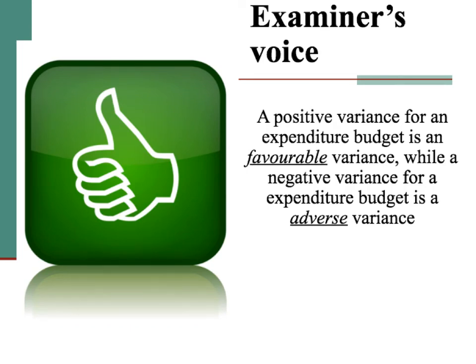Okay, so I'm looking at this slide and I can see that I was obviously in a different world when I wrote this slide. And so the word that you must bear in mind is revenue, because we've just used an income budget or a revenue budget. You can call it either of those things. So a positive variance for a revenue budget or an income budget is favourable. That means I made more sales than what I'd anticipated, while a negative variance for an income budget is an adverse variance.